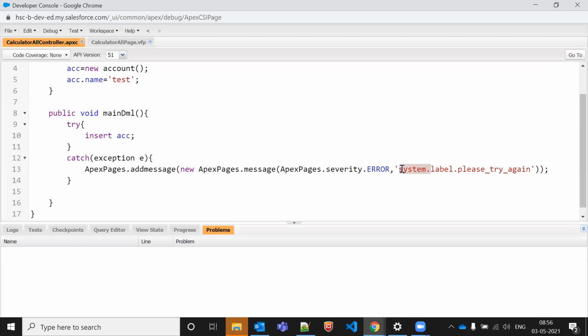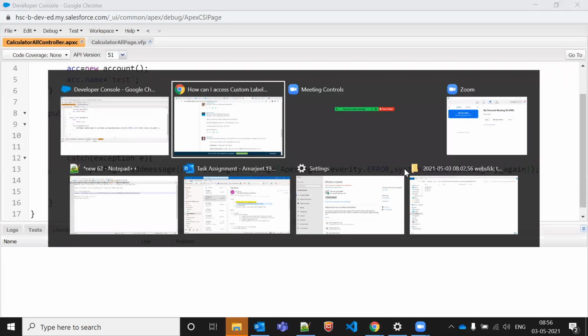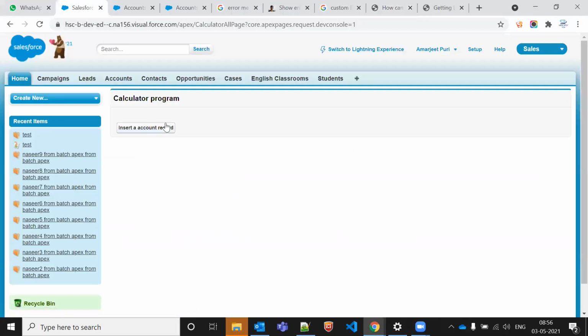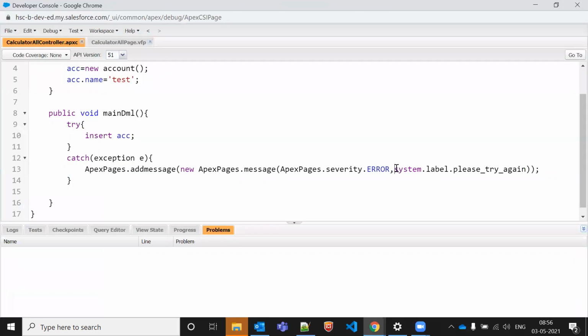In Visualforce there is system dot label. Why am I showing these things in inverted commas? Let me just try this first and then we'll remove that. It was correct because I was adding the single inverted commas. So yeah, that is my thing.